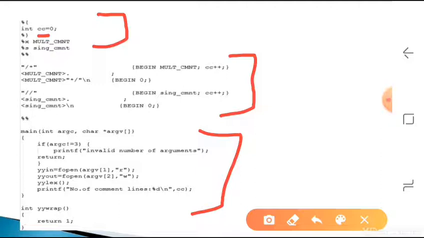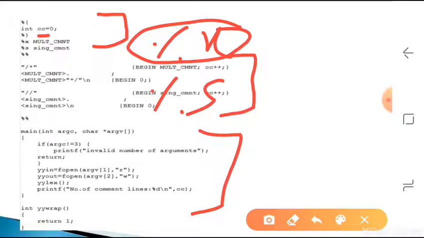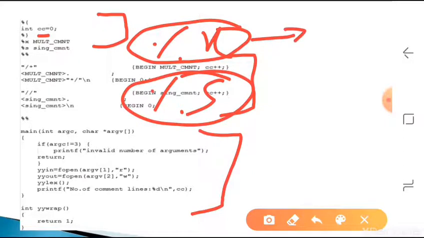Then we give %x and %s, two things. That is nothing but declaring two states. This is state 1, state 2, and the state name is mulcment, that is multiple comment lines, a multi-line comment, and %s is a single line comment.